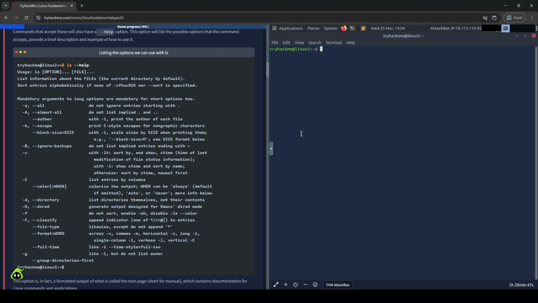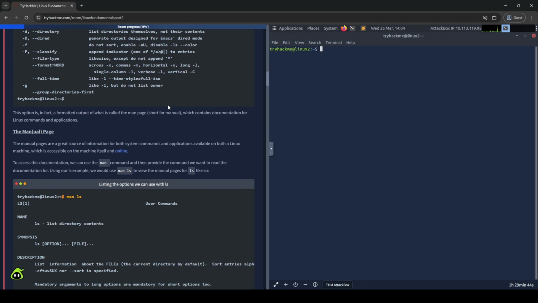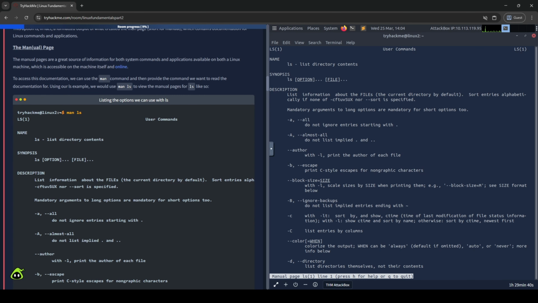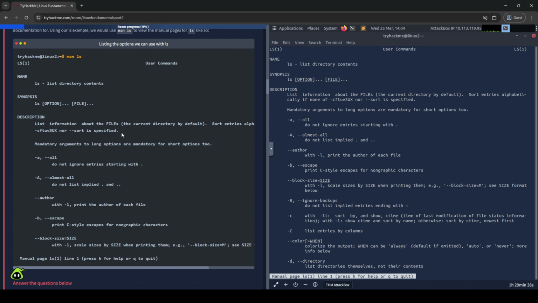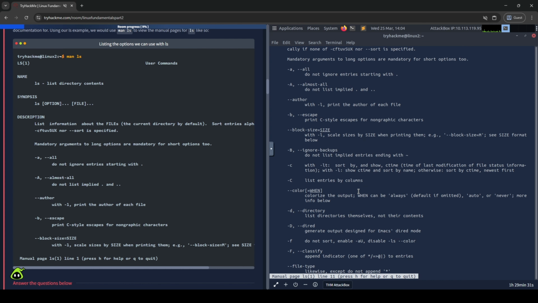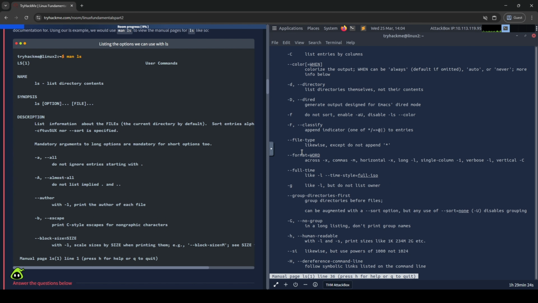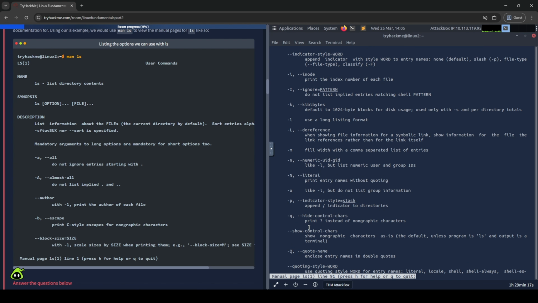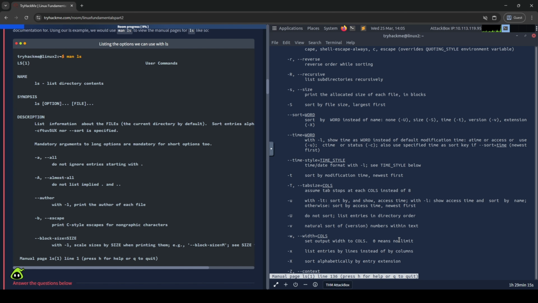But if you want the full breakdown, that's where the manual pages can be handy. You can open them with man ls. This gives you a much more detailed view: descriptions, options, usage patterns. Now here's something practical. When you open a man page, it doesn't behave like a normal output. It's more like a viewer. You scroll with your keyboard, typically using arrow keys or space, and you exit with Q. That small detail trips people up more often than you'd think. They open it, and then get stuck inside it.